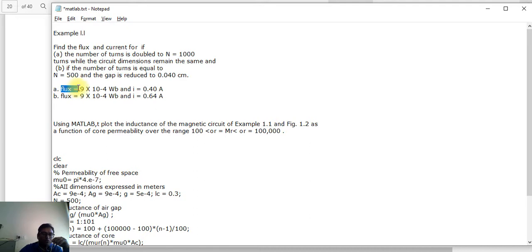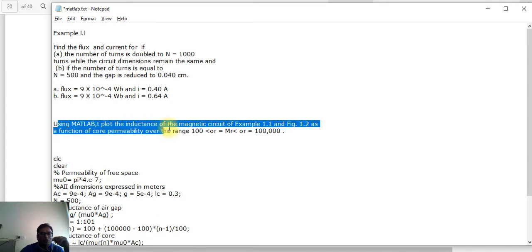The flux is 9 into 10 to the power minus 4 Weber, and I is equal to 0.40 ampere. For the second case, the flux is 9 into 10 to the power minus 4 Weber, and I is equal to 0.64 ampere. If we check this by using a MATLAB plot,